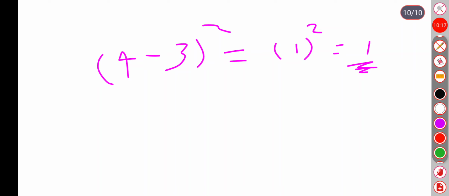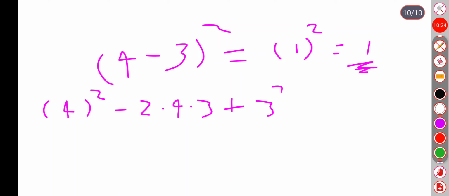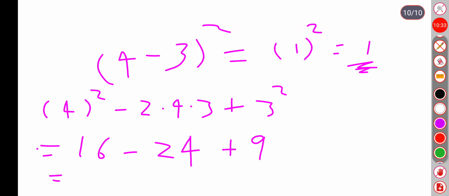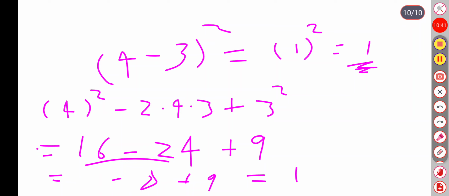So let's check. (4 minus 3) the whole square is 4 square minus 2 into 4 into 3 plus 3 square. So that is 16 minus 8 into 3, 24, plus 9. Find the answer. So 16 minus 24 is minus 8, plus 9 equal to 1. So these two are equal, which means that the identity is correct. So this is how you expand using the identity. Now how do we